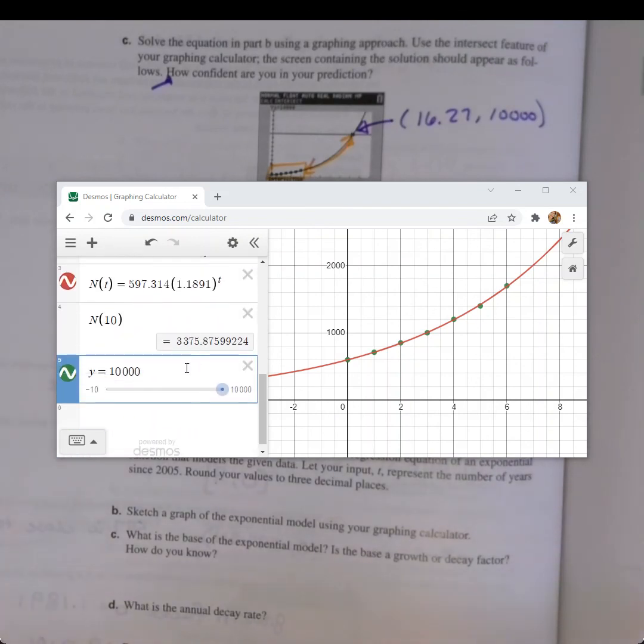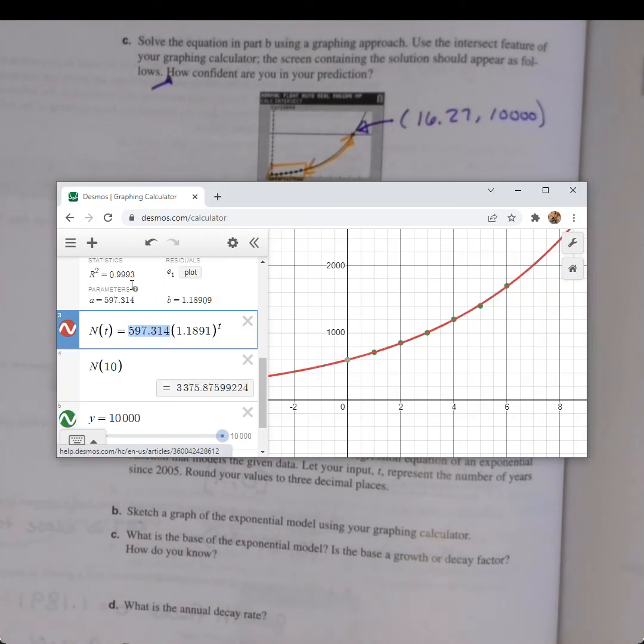Now, we do have a little discrepancy in the fact that the model shows a prediction of not exactly 600, but remember of 597 bacterium. So according to the model, it's the 597.314 bacterium that we should be doubling